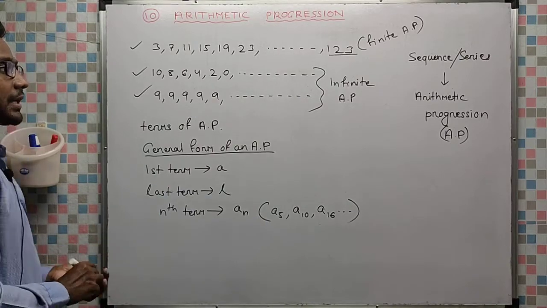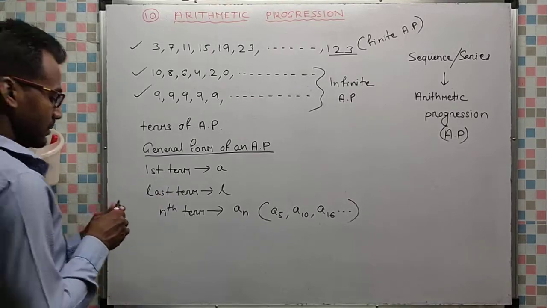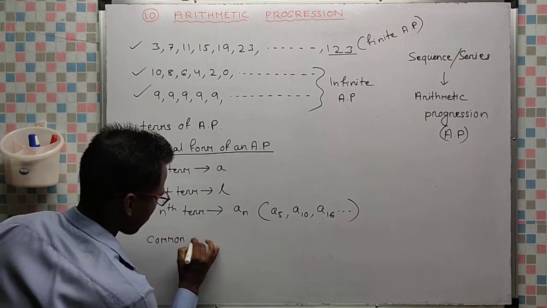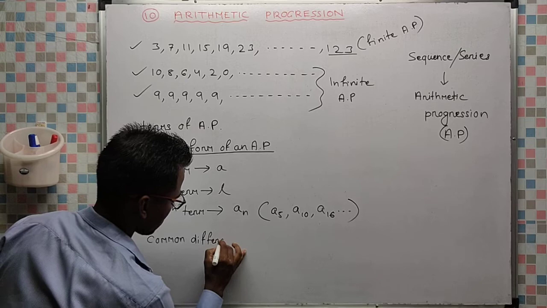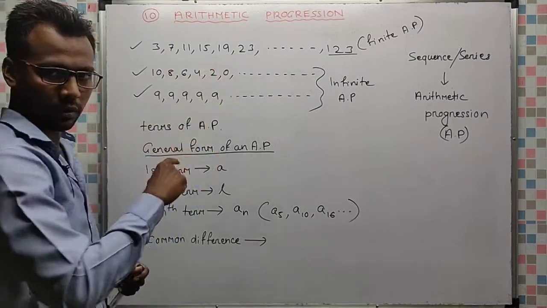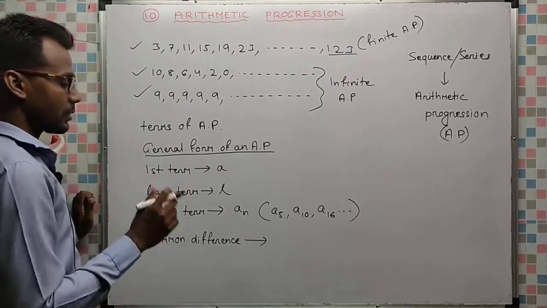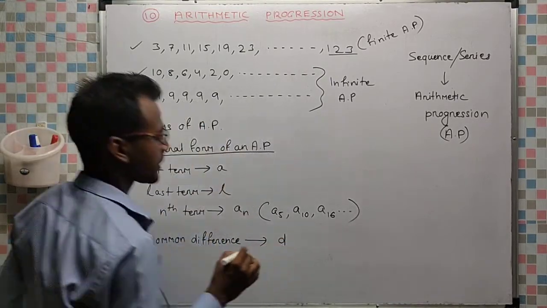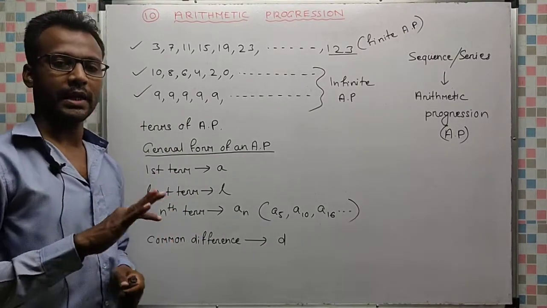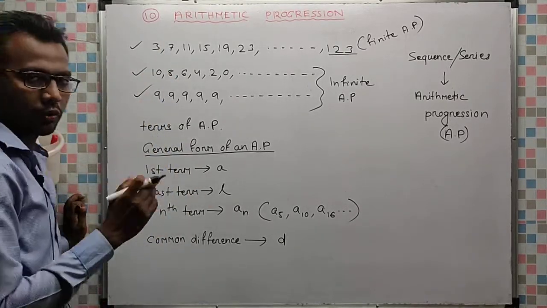Okay, then in an AP in this chapter, the most important part is difference, which is called common difference. Okay, here the difference was 4, here the difference was -2, here the difference is 0. This common difference is represented using the small letter d. It is very important. Okay, and this d can be positive, can be negative, can be 0. See, in this case it is positive, +4. Always right minus left. Okay, how to find common difference?